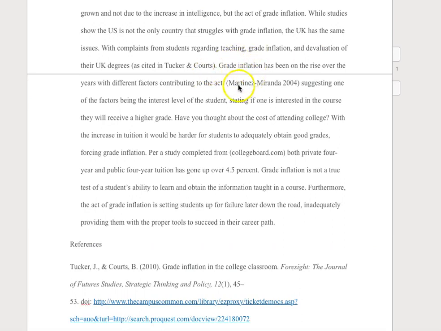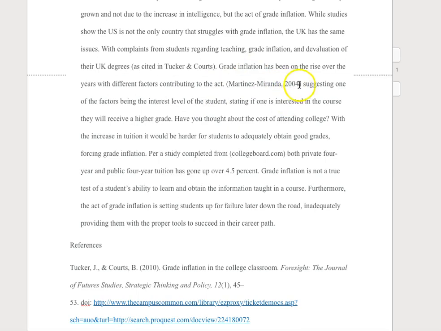So we have this. Great inflation has been on the rise for different factors. Yes! This is finally the piece. I'm putting a comma in there. Oh, let me see what this is. I'm not putting a comma in there. I'm putting a parenthesis here. And I'm assuming you meant to start the sentence with Martinez-Miranda. Oh, I don't need the comma because it's actually not that form of in-text citation. Martinez-Miranda, 2004, suggests